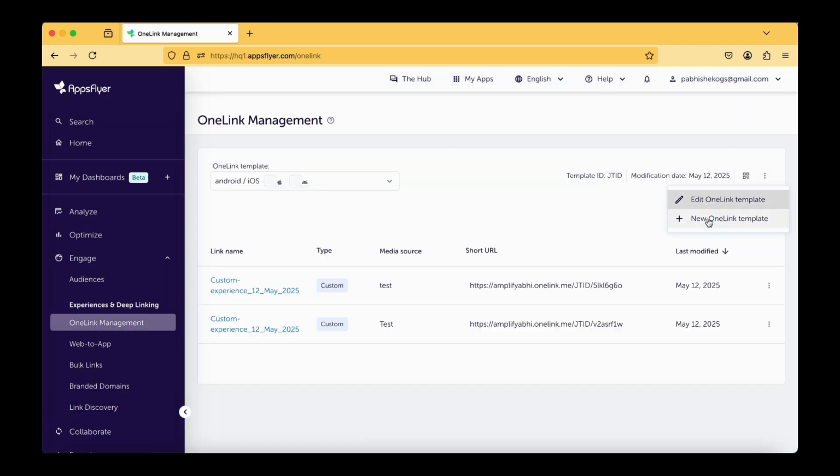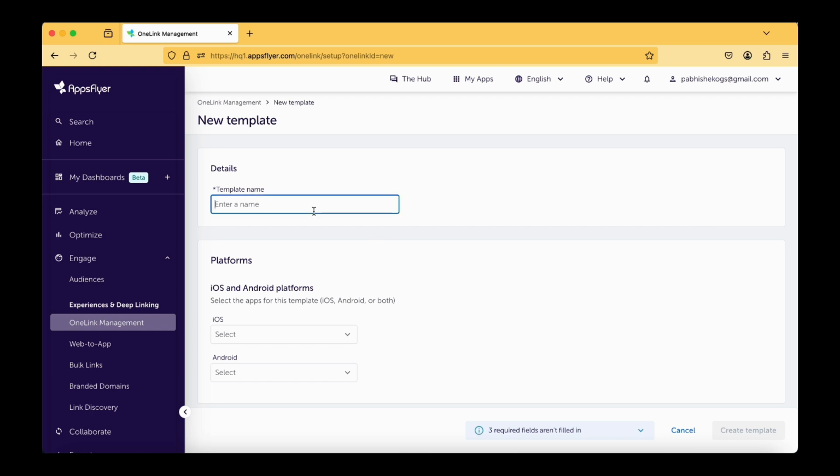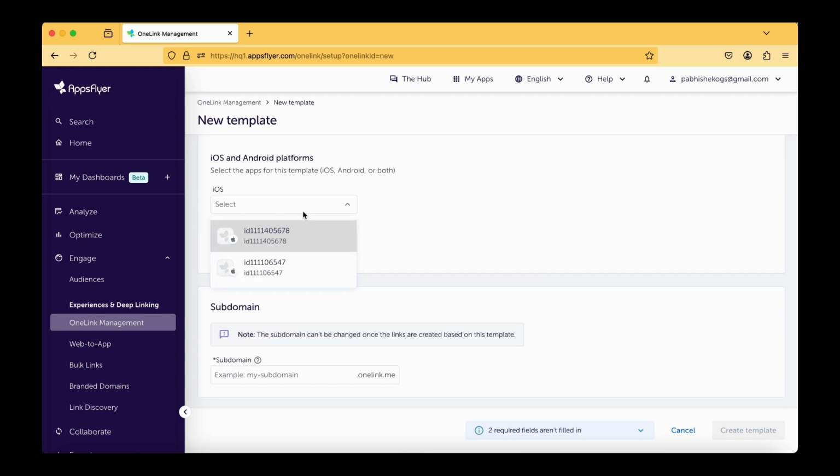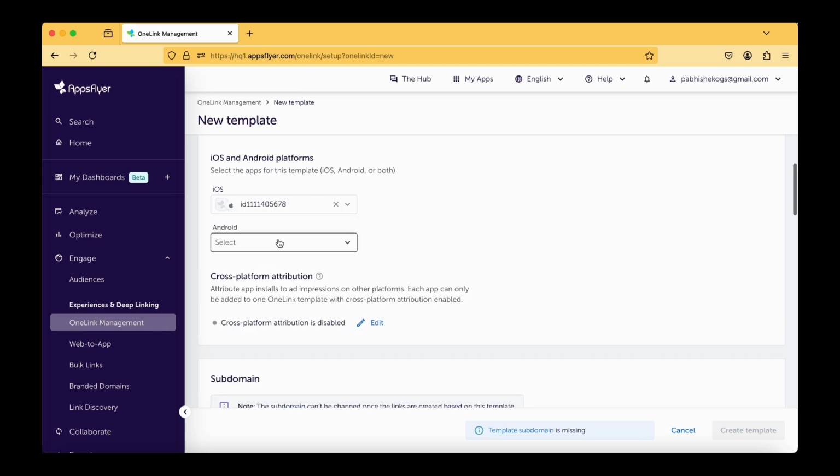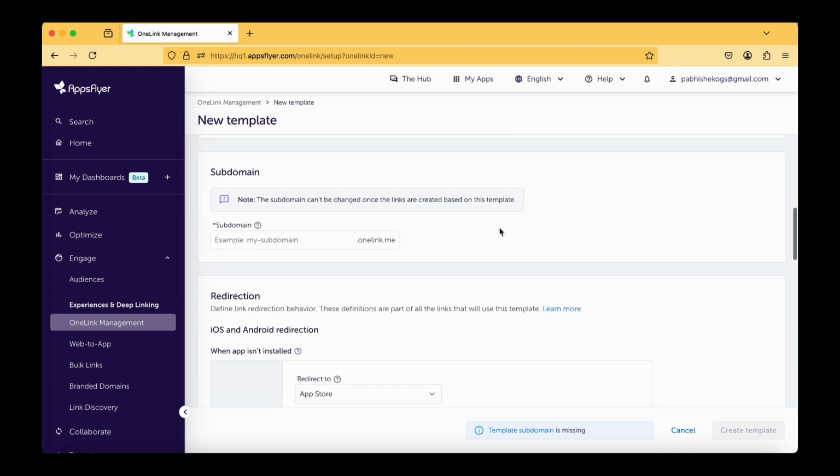So here you have a new OneLink template. Provide a template name, and also select the app platforms here. I have an iOS app and an Android app, so I have selected both applications, and the subdomain. Make sure this subdomain is nothing but your website name. My website name is amplifyabhi.com, so I can